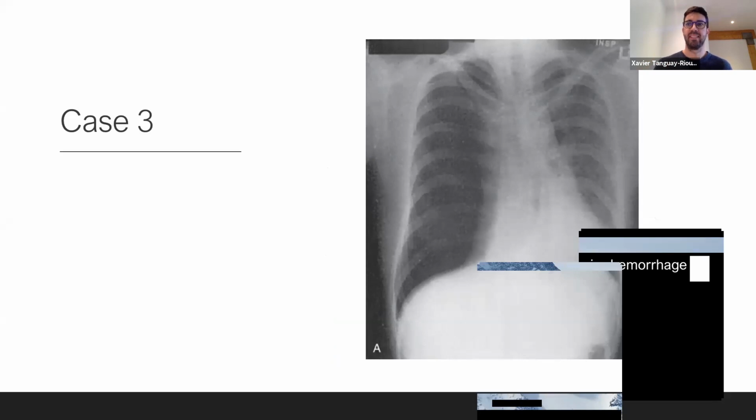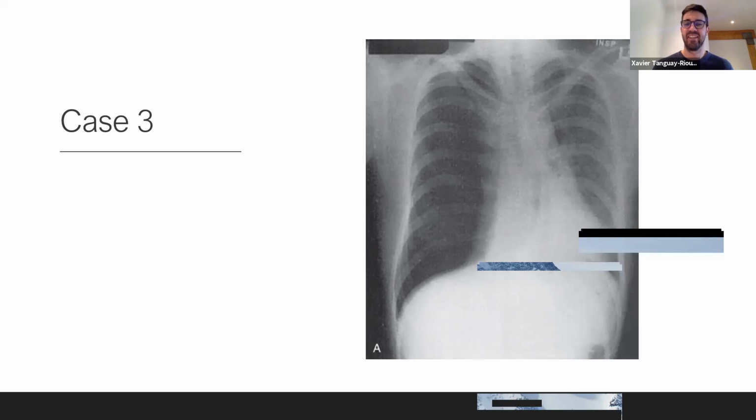Large mediastinum, sure. That it exists. Thank you, Dr. Richard. Yes, that's exactly my point. This is a tension pneumothorax. So you have a large pneumothorax on the right, and you have shift of the mediastinum a little bit to the left. And with the clinical picture that you add,